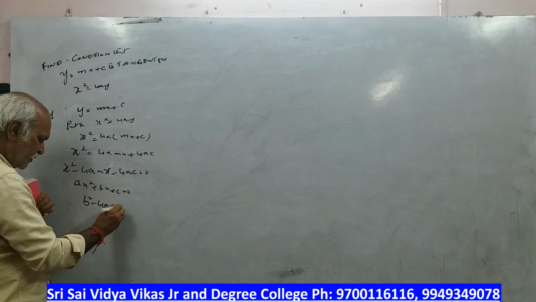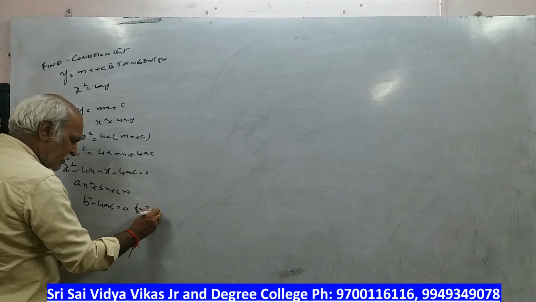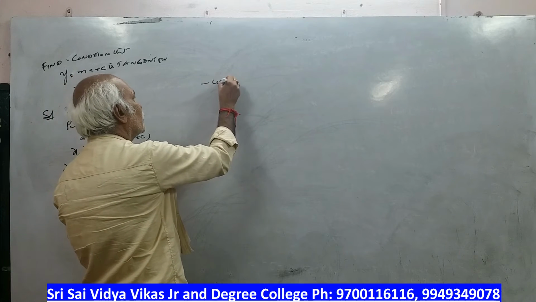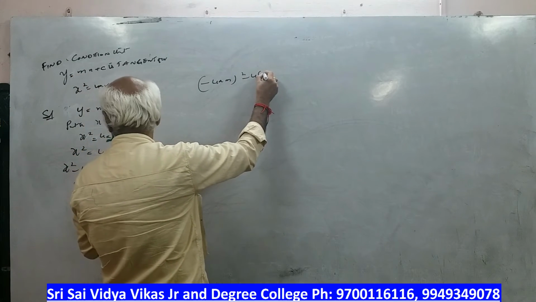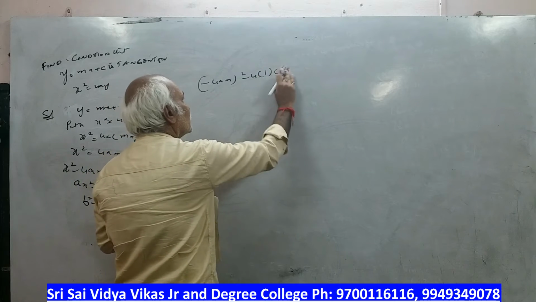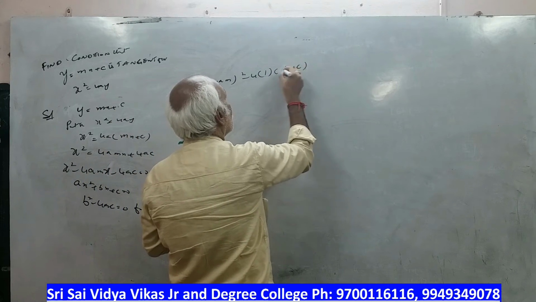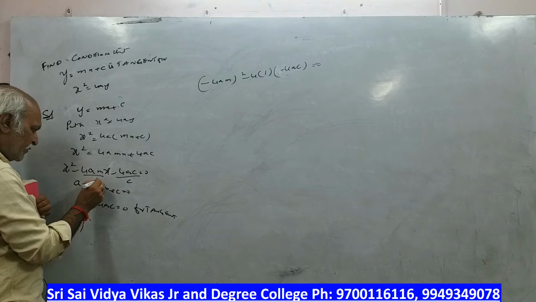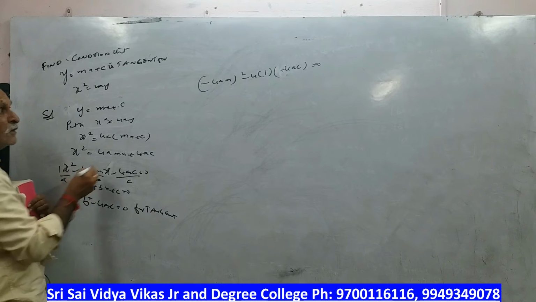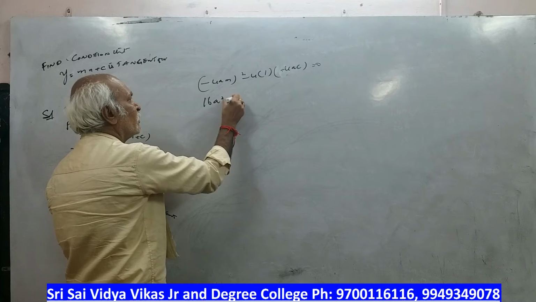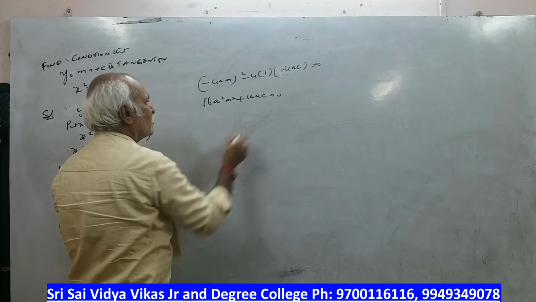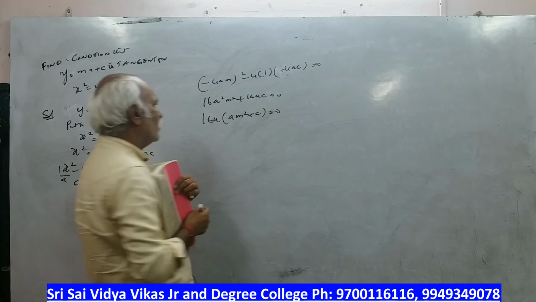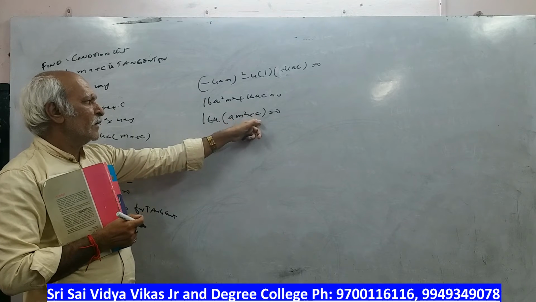For tangent, what is the condition? b squared minus 4ac is equal to 0 for tangent. So b is what? Therefore, (minus 4am) whole squared minus 4 into 1 into (minus 4ac) is equal to 0. So this is the c value, this is the b value, this is the a value. a value is 1 here. So this becomes 16a squared m squared plus 16ac is equal to 0. 16a common, am squared plus c is equal to 0. I have taken 16a common, so am squared plus c will come.